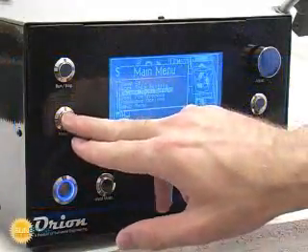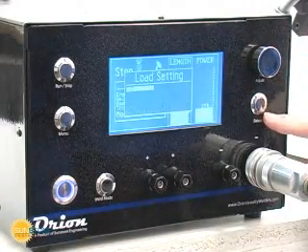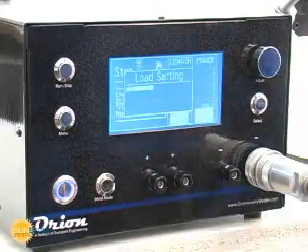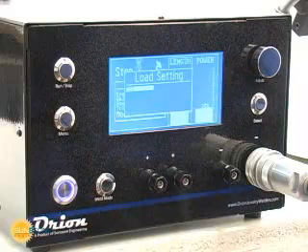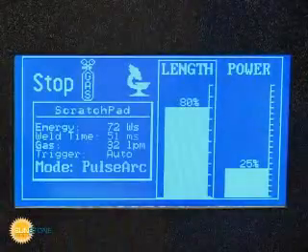Now, if I wanted to load a setting, I hold down the select button. Test 5 no longer appears on the list of saved settings, and so I would have that